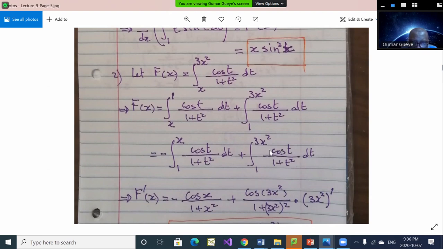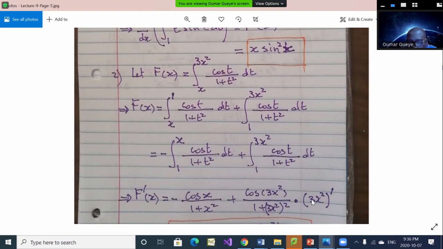In this case, you substitute your T by 3x squared. In the first part, I just substituted by X because it was X. So here, I'm going to substitute by 3x squared in place of the T. But I have to add the derivative of this because I have a function. And the chain rule says you always have to differentiate with respect to the